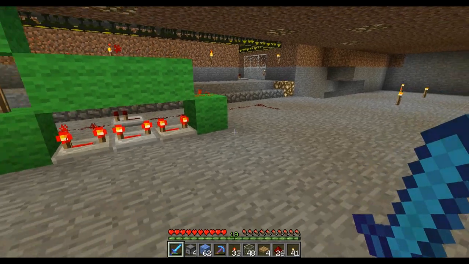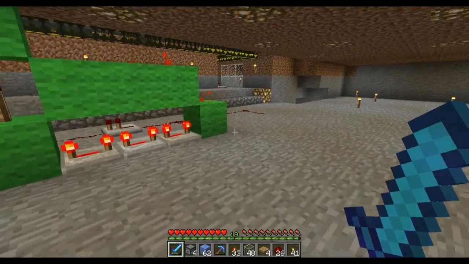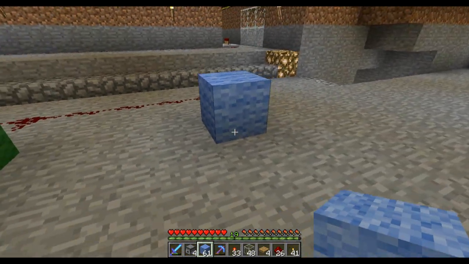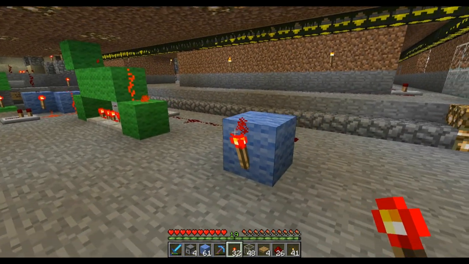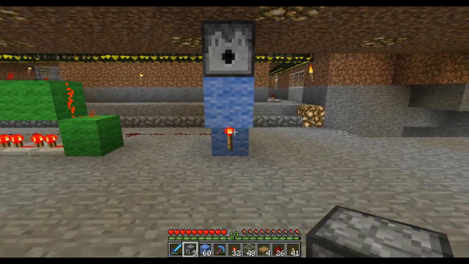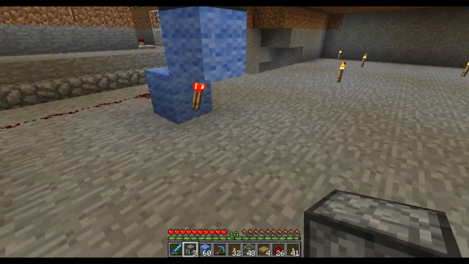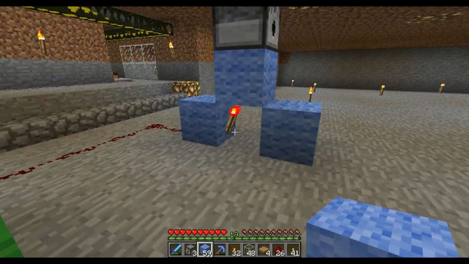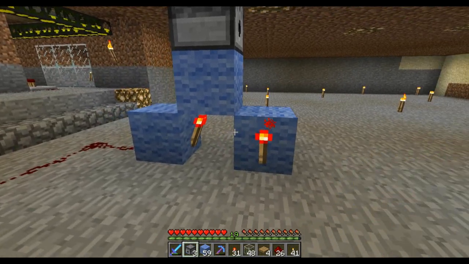So actually, I lied. Let's go ahead and build the dispenser timer. Why not, right? I'm going to build it out of blue wool because it's kind of cool. And just in case you haven't seen one of these before, each dispenser is going to be 5 minutes, so this will be a total of a 20-minute timer. And yes, I am putting it in a specific sequence.